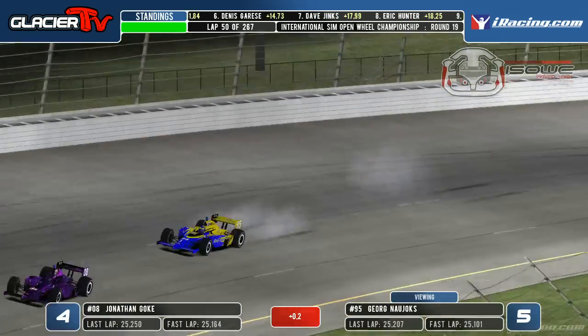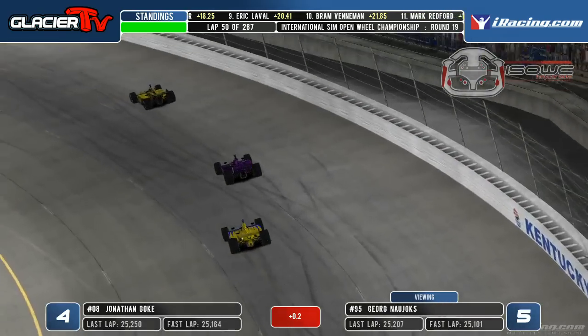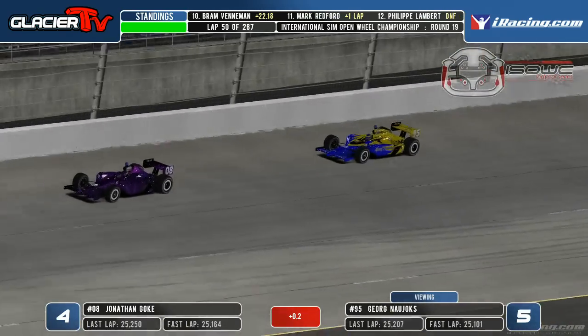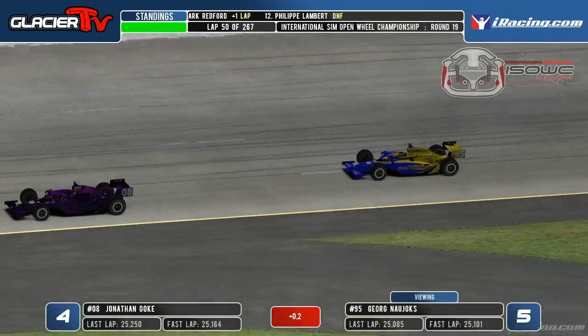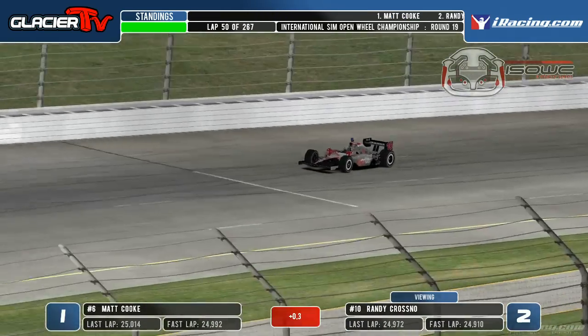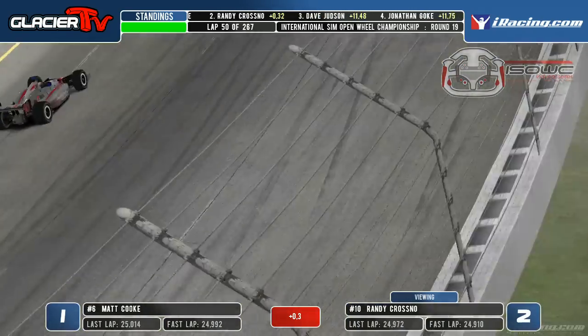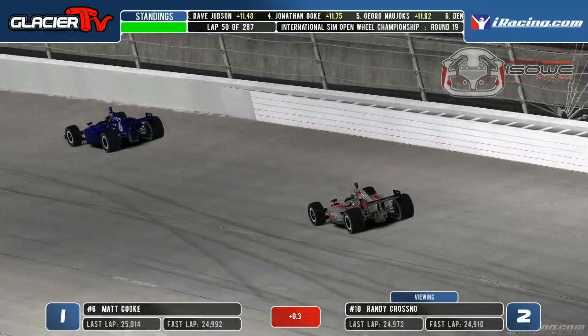His car does work a lot better in traffic compared to the clean air that he was running at the start of this race. And I think for Nujox right now, he knows that. Wants to get himself to that first round of pit stop time and make some changes to his car. But in dirty air, he knows that he's got something working well for him. Oh, it's one thing to have one car in front of you with dirty air, but to have 2 cars and be able to hold...